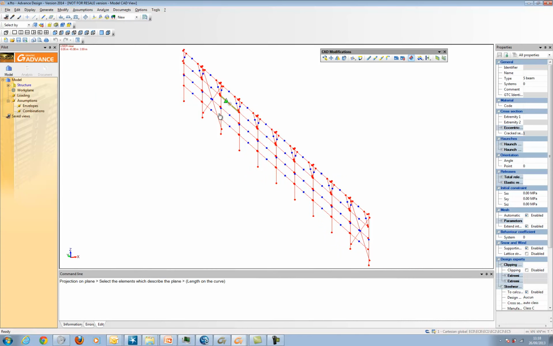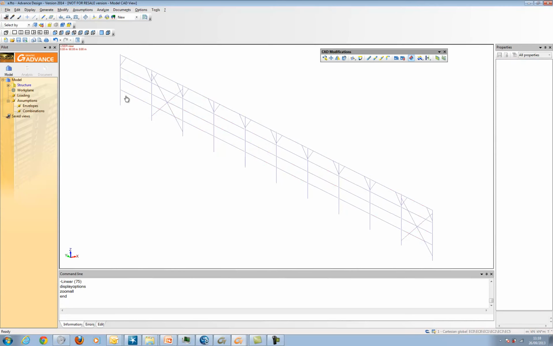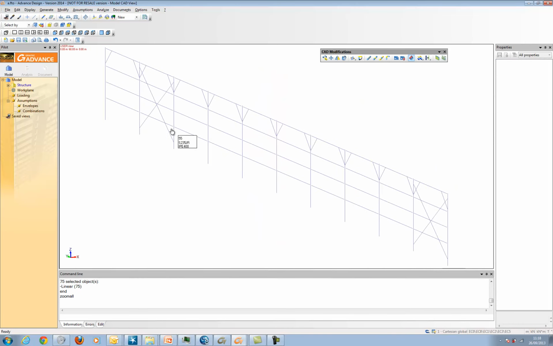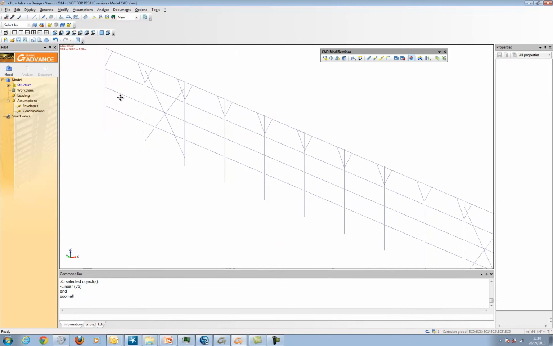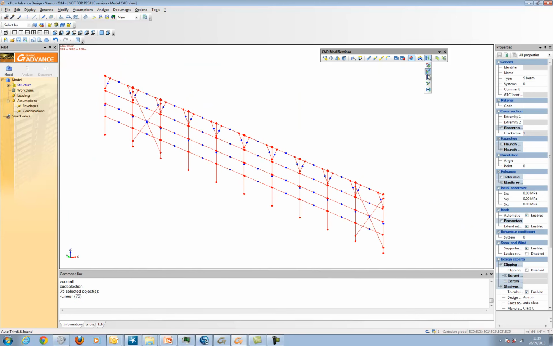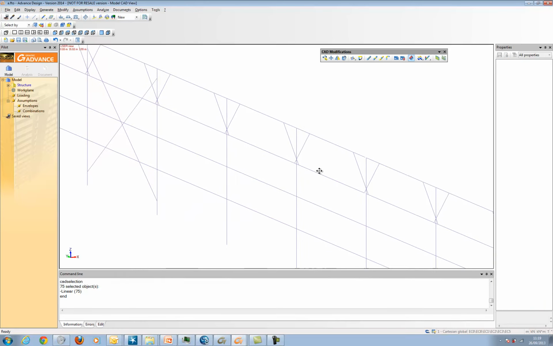It's pretty simple. You just select a set of elements and then you define a plane by 2 clicks. Alright, so now they actually belong in the same plane, and they are ready to be trimmed or extended. So let's just select them, use the auto trim and extend function, and you see connection is